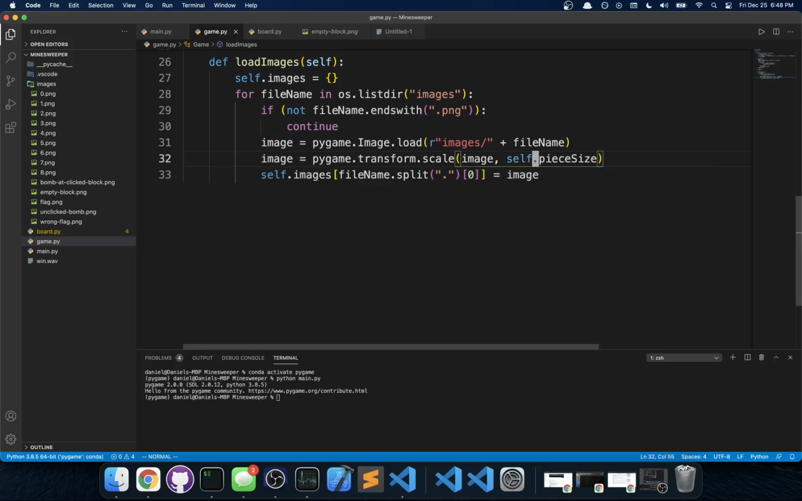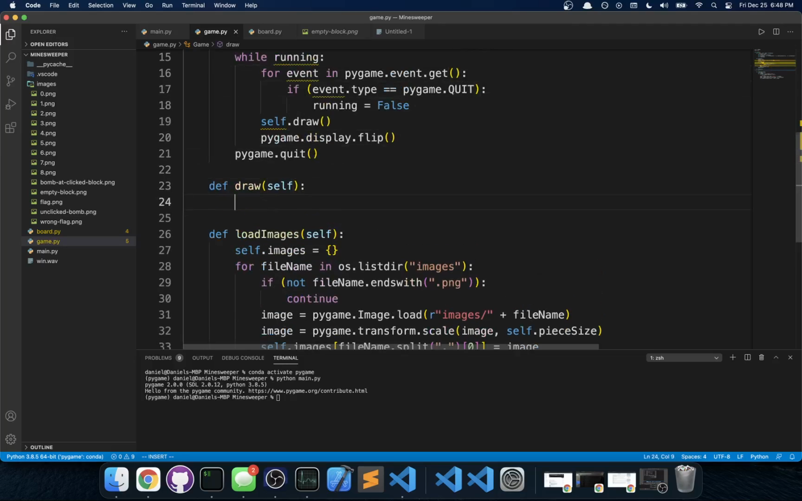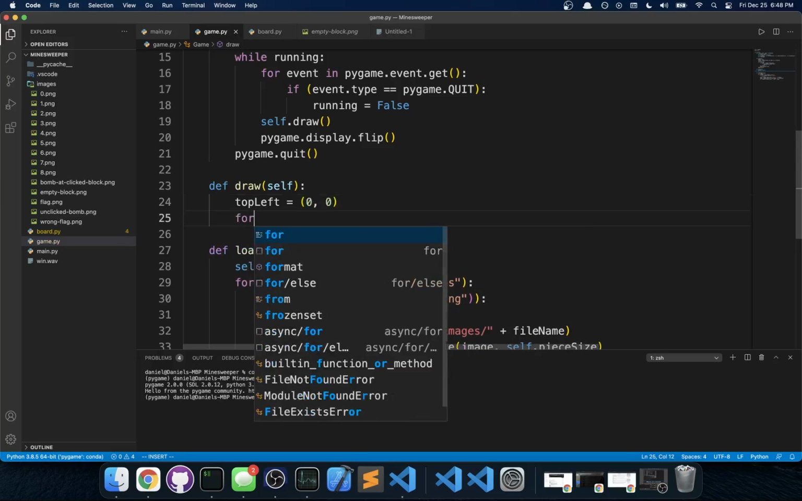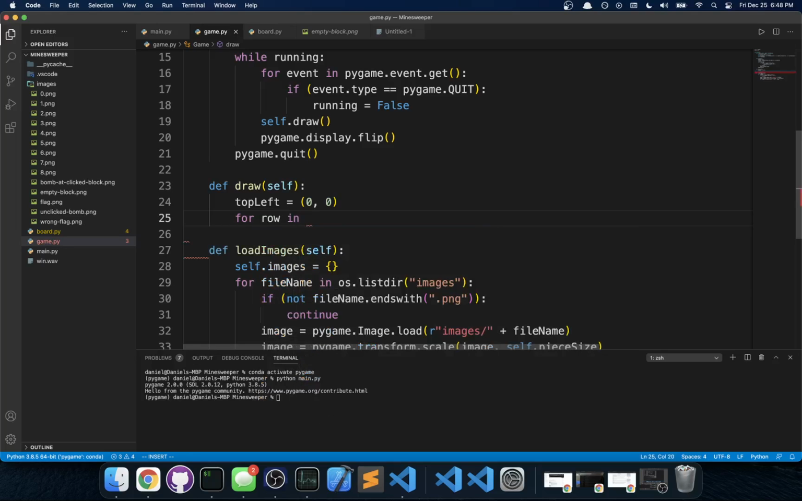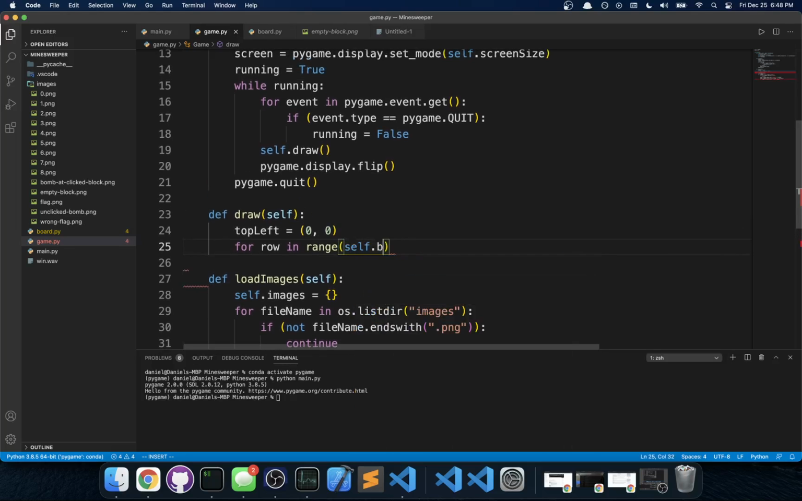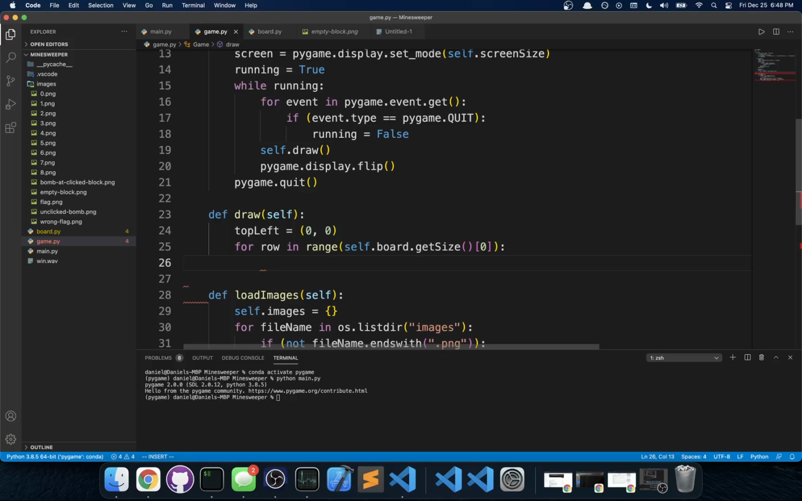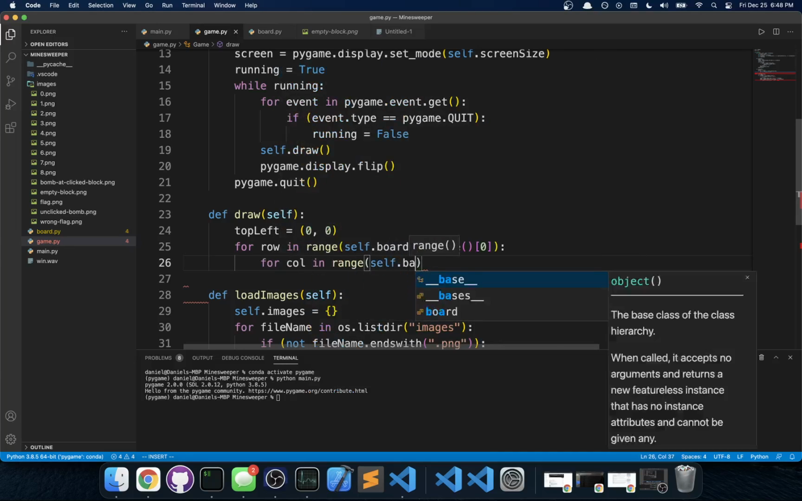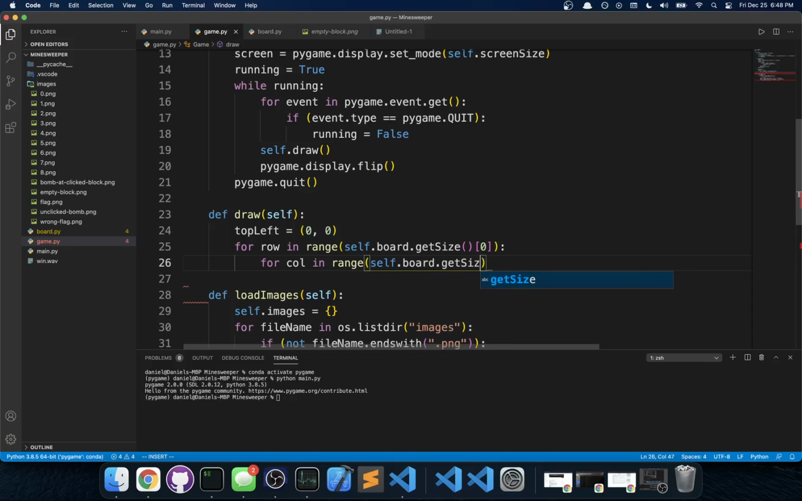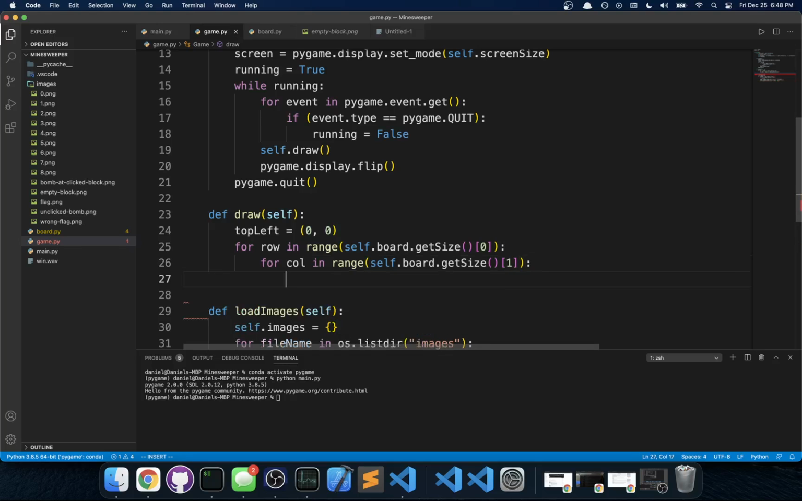Now we can transform our image, grab the piece size, and in our draw, we will start with the top left position from which we are drawing to be 0, 0. Then for row in the range of the board's number of rows, and for column in the range of number of columns, we will draw